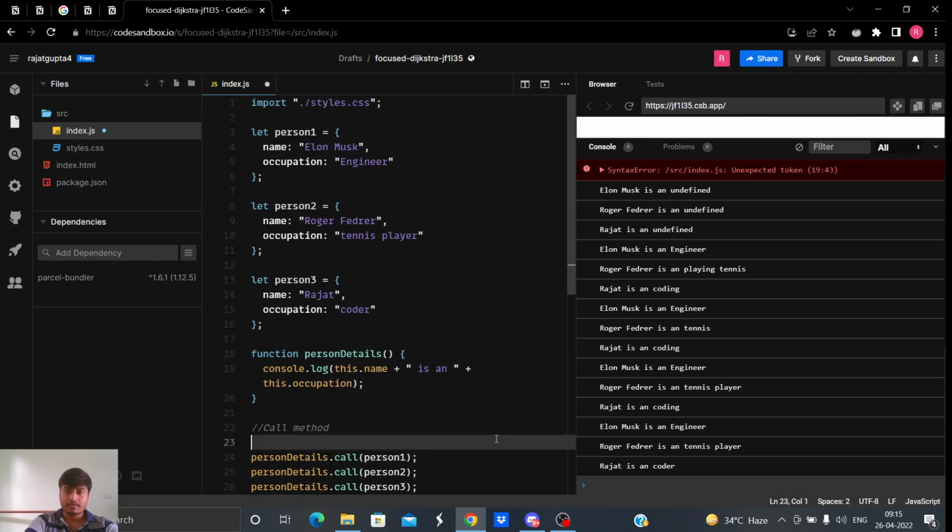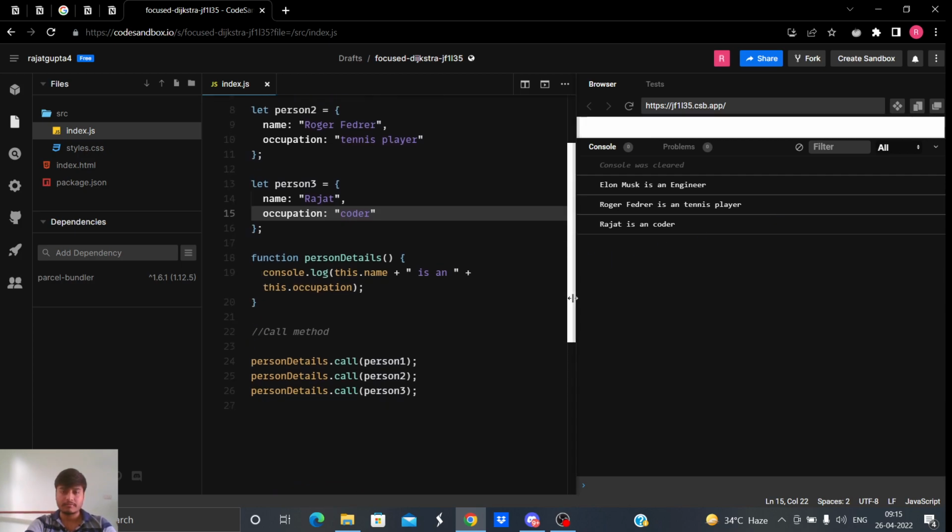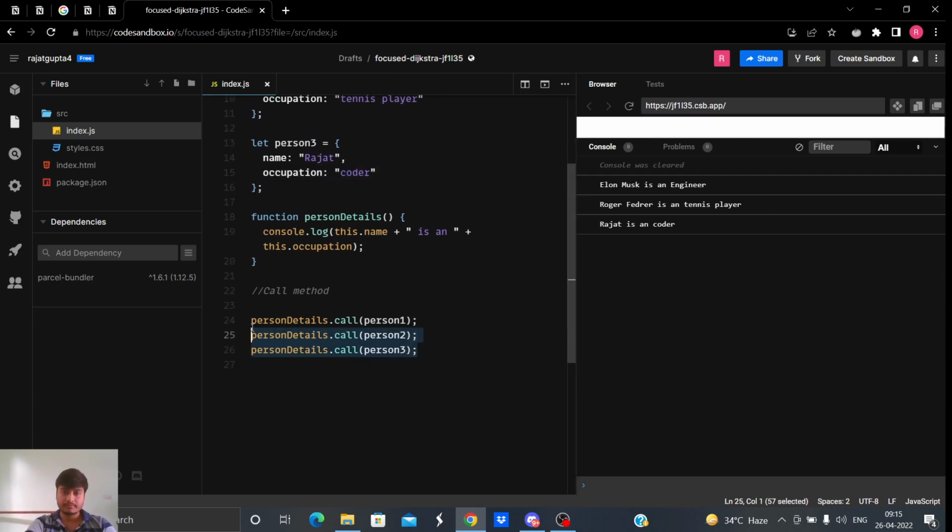Okay, let me refresh it so that you can see clearly. Here we can see Elon Musk is an engineer, as expected, because this.occupation is engineer. For Roger Federer, tennis player. For Rajat is a coder. Okay, so yeah, we got this.